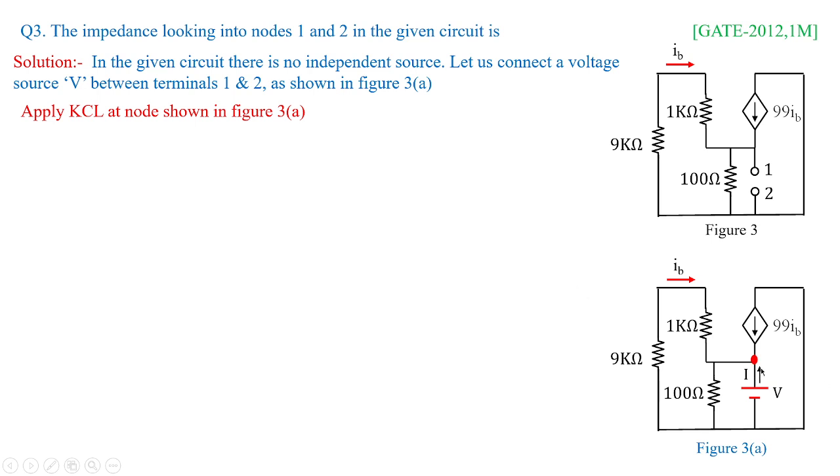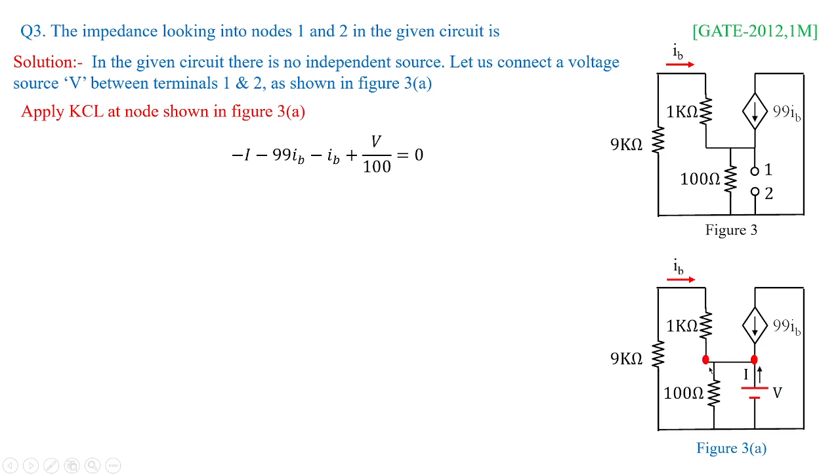Applying KCL at this node. Which is that node? This is one node. So I'm going to get, see how many branches are there. One branch because of V, that is minus I, because at this node I is incoming. So minus I minus 99 IB, that is also assumed to be incoming. Then minus IB, the IB which is flowing through this 1 kilo ohm, plus V by 100, that is the outgoing current. So V by 100 equal to 0,